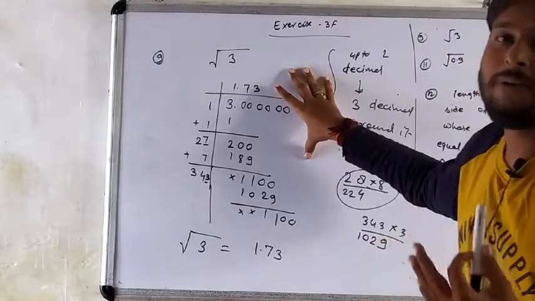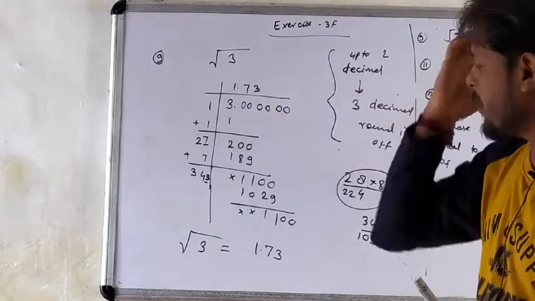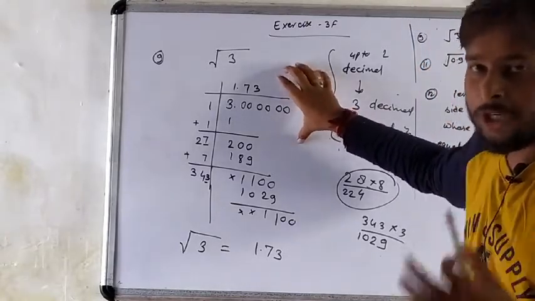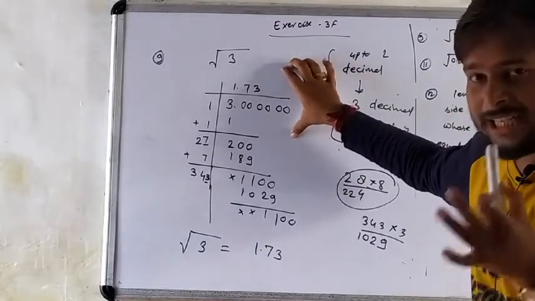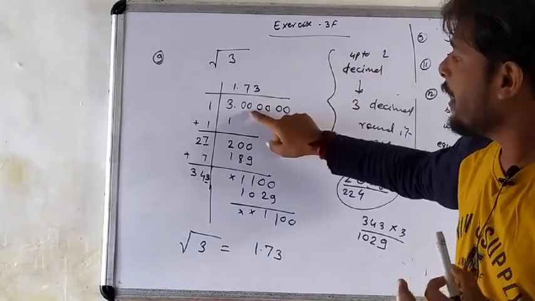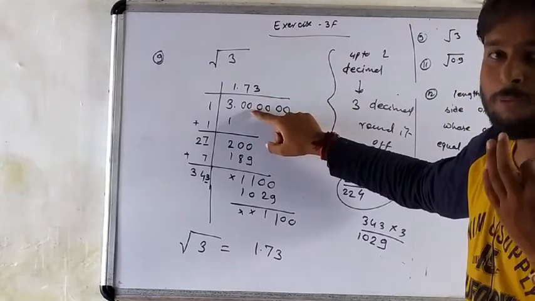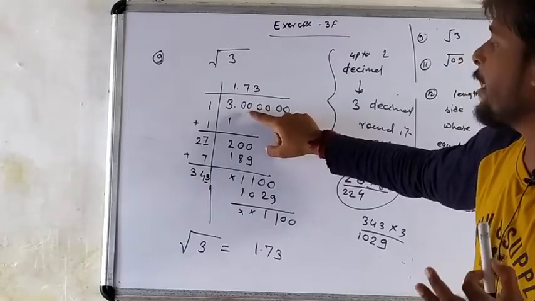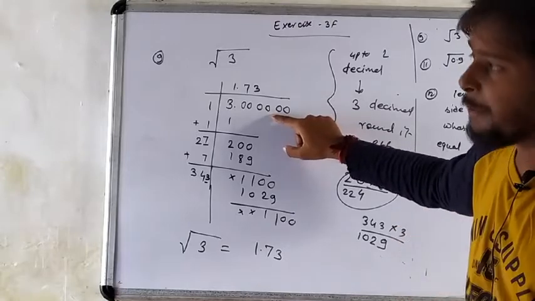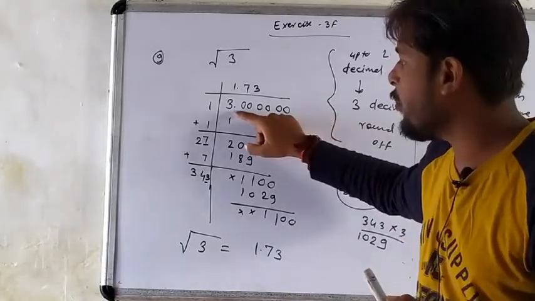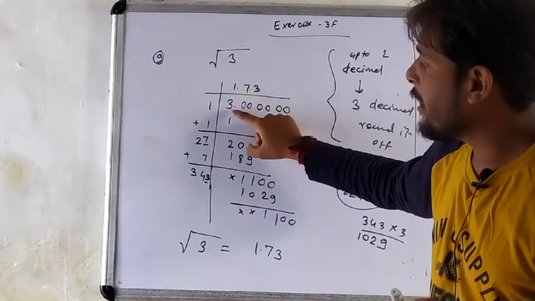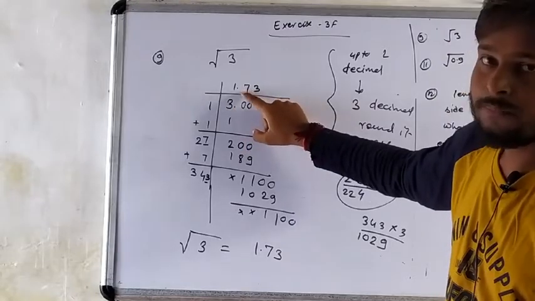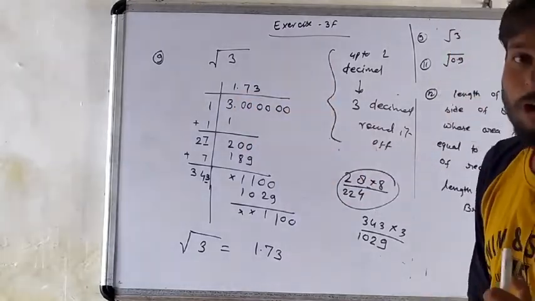Keep in mind, if we have to find the square root of a given number up to desired decimal places, we just find a place more than that and round it off. Here the procedure is still the same. If we have to find a number up to 3 decimal places or 4 decimal places, we add a few zeros so that we can get the decimal part in even form. As soon as the integral part is over, we put a decimal point here. इधर जो इंटीग्रल पार्ट है, इंटीजर वाला पार्ट है, जैसे ही वो फिनिश होगा हम क्या करेंगे, यहाँ पॉइंट डेसिमल पुट करेंगे. Then proceed as long division method.